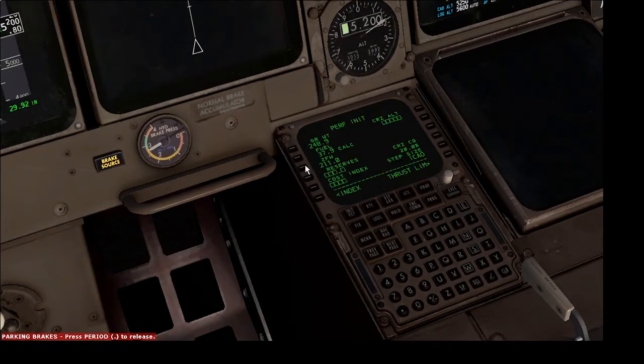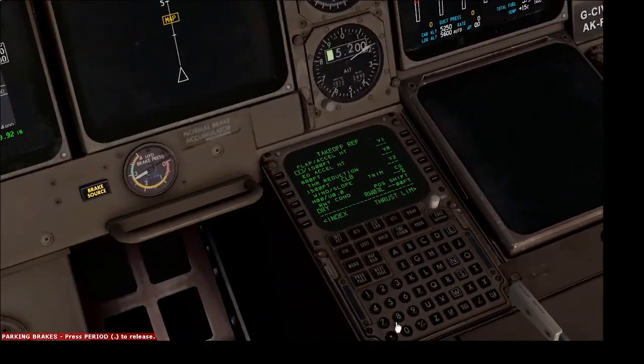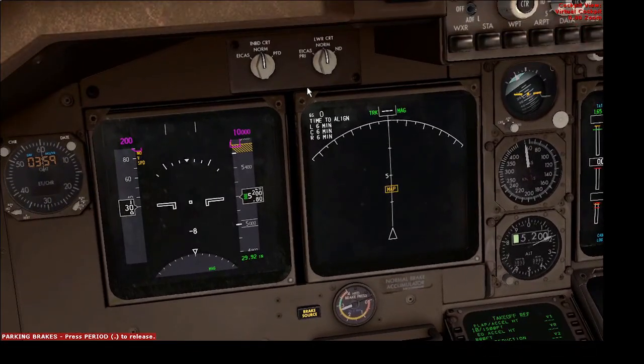Next we can go to our initialization. We can put in our zero fuel weight. Our reserve fuel today is 4,000 kilograms, so it's 4 tons of fuel. Cost index is going to be 147 and our cruise altitude flight level 360. There we go. We can do a standard derated British Airways takeoff with a standard climb. We will take an assumed temperature today, and we'll just make sure we get flap settings in. We'll do flaps 10 for today, and we'll just need to wait for the V speeds to be calculated along with our, what you call it,